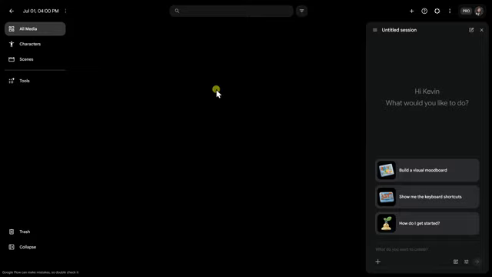This drops us on the main editing workspace. Along the left-hand side, you'll find your media, characters, scenes, and AI tools. In the middle is your canvas, and on the right-hand side is the AI assistant that helps you create and edit your videos. Now, right here at the bottom, we have a prompt box, and it's asking me what I'd